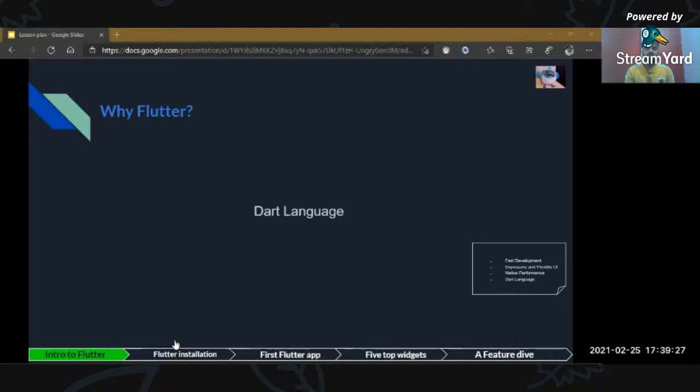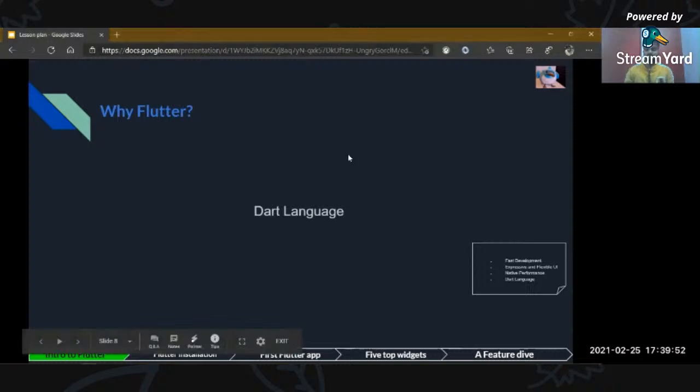It is meant for mobile, desktop, backend, and web applications, so it supports all the platforms available in the market. The Dart language is adopted for Flutter so that our application scope widens across all the platforms.